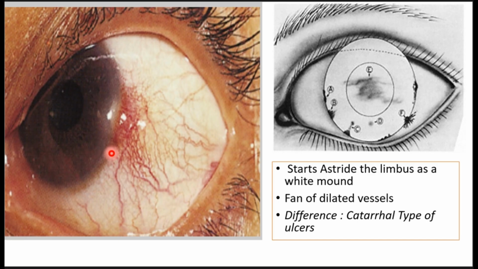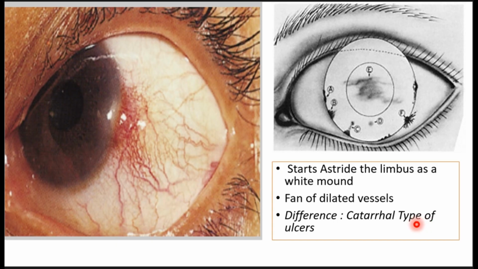Over here you can see this lesion. This lesion usually starts on either side of the limbus as a white mound bordered on the conjunctival side by a fan of dilated vessels over here, right? So that is important. These clues are very helpful to the clinician in differentiating these ulcers from the catarrhal type of ulcers. Catarrhal ulcers are the ulcers which have a mucus appearance to them,